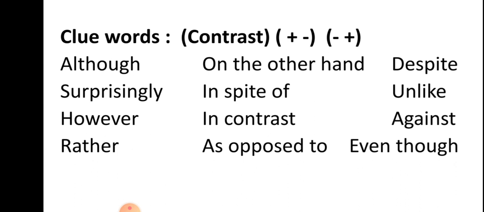Although he worked hard, if I say. Working hard is positive, and although gives a shift, because here there is a positive idea preceded by a transitory word. That means the next part should be a negative statement, or a contradictory idea to what you have just expressed. Although he worked hard is positive, so it should be followed by a negative thought, like he failed in the exams. Although he put all his efforts, he failed in the exams. Despite working hard, working hard is again positive. He worked very hard. Despite working hard, what happens? He passes or he fails? He failed in the exam.